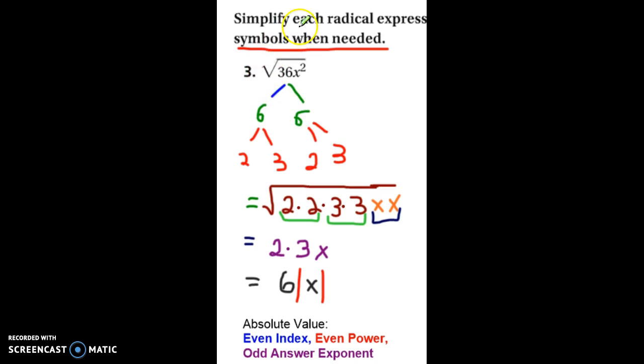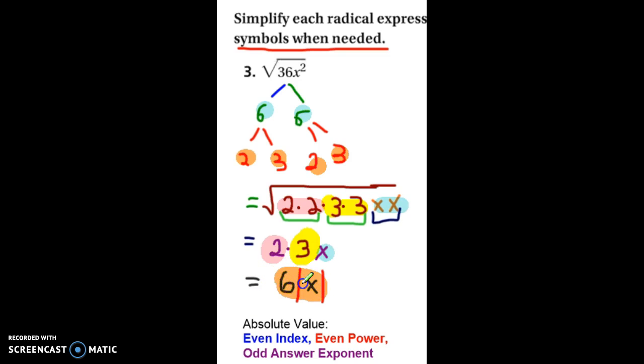In problem number 3, I'm going to simplify. So I'm going to factor 36, 6 and 6. I'm going to factor 6, 2 and 3. So I have a set of 2's that came out. That's how I got that 2. I have a set of 3's that came out. That's how I got that 3. I have a set of x's that come out. So I get